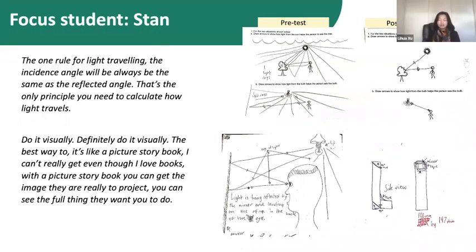I guess I'll take over from here. One of the things I found interesting as we're going through those different examples is you can see the integration of math and science. In the early examples, even though the student talked about the math, it's not actually seen in the representations, whereas when we move across the different students, as in Stan's example, you can see he's seeing a more connected relationship between the math and the science, and is able to integrate the science representation and math representations in the drawings, as you've seen from those post-tests and